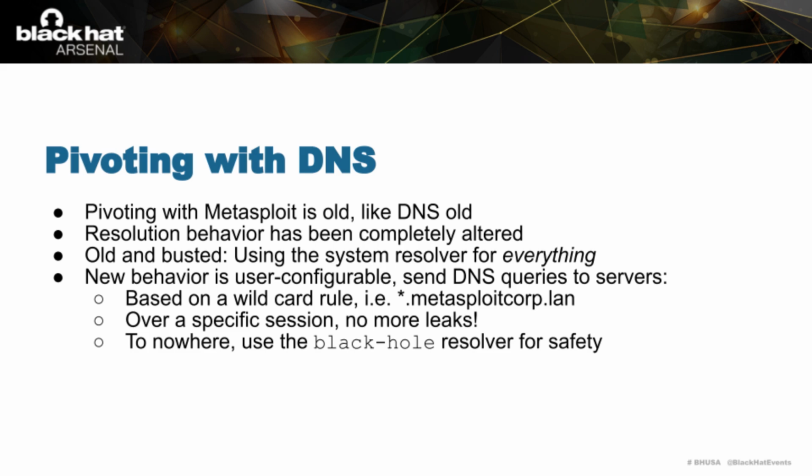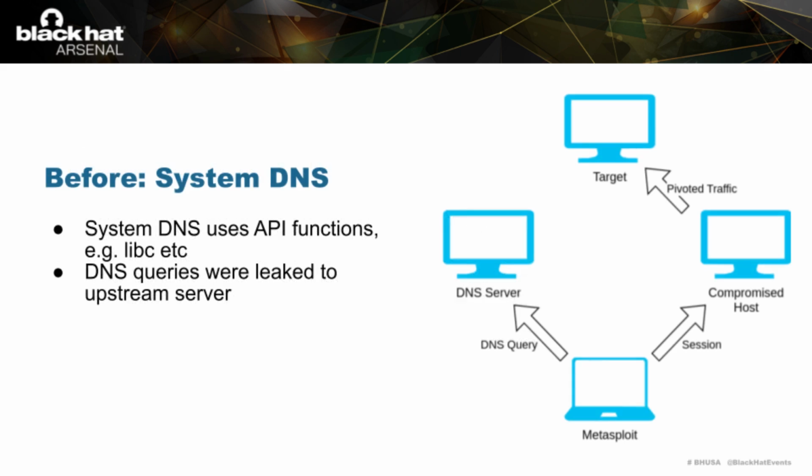So Metasploit has brought its DNS resolution capabilities internal into Metasploit and implemented it all in a Ruby stack and made it configurable for users. Now, most of the time, users probably aren't going to need to deal with it, but Metasploit has made this configurable for users to be able to set up various resolvers for use in different advanced scenarios, which I would like to cover. So first, the system DNS resolver would have this type of architecture